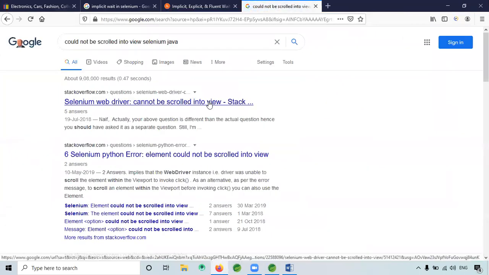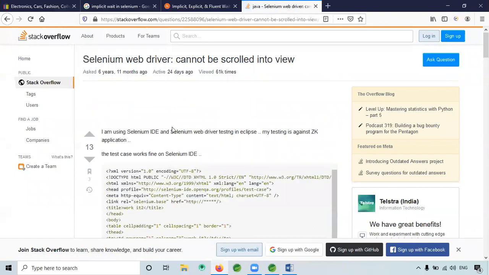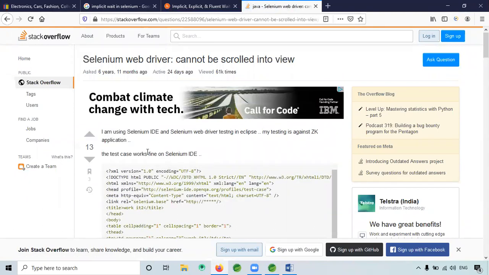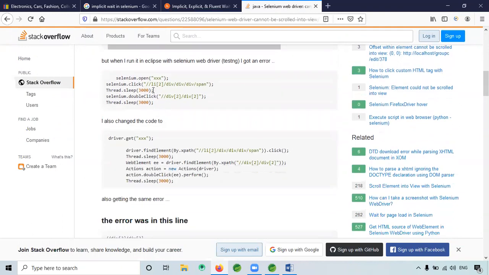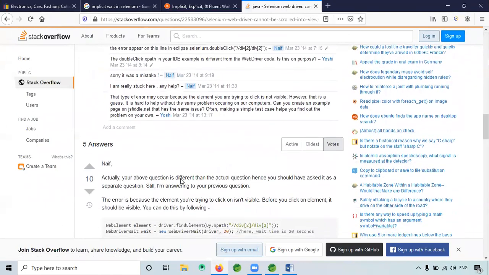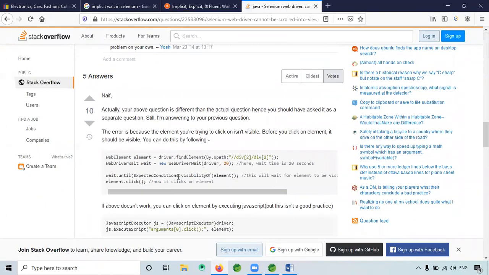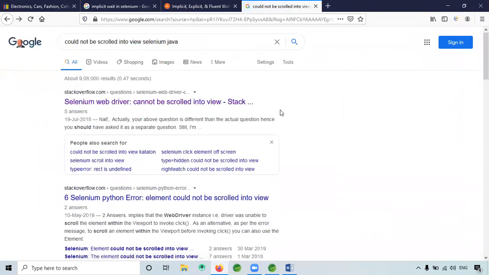So one issue they are saying is that they also had the same error, the element not interactable exception, something like that. One solution someone has posted is to add a 2 second delay between each event. For him it solved the problem.